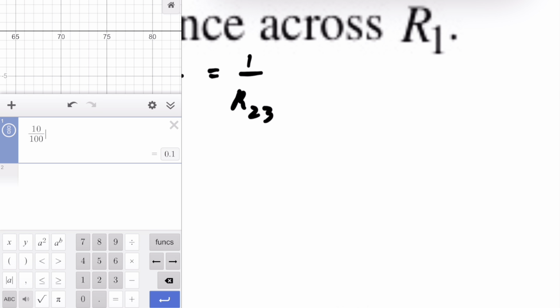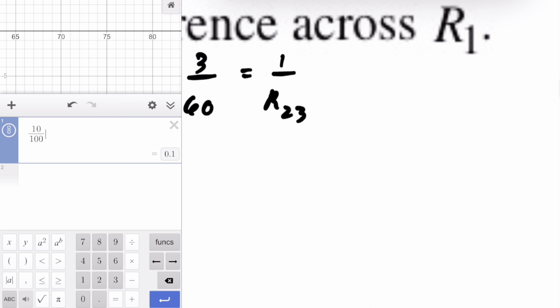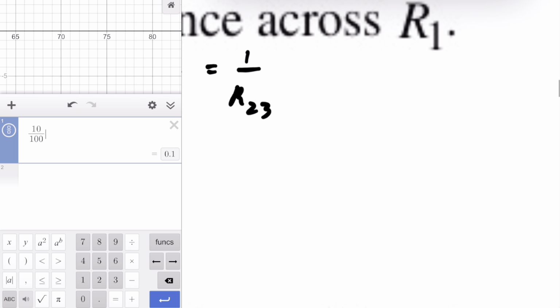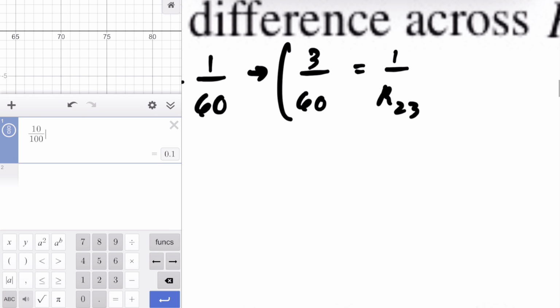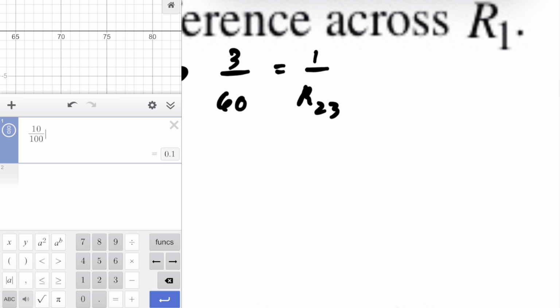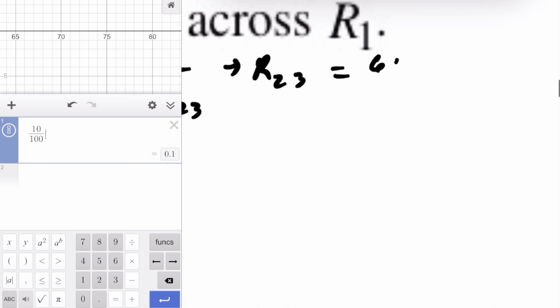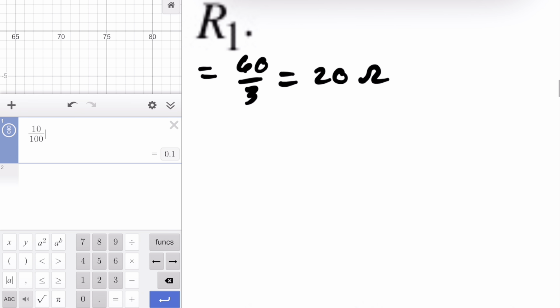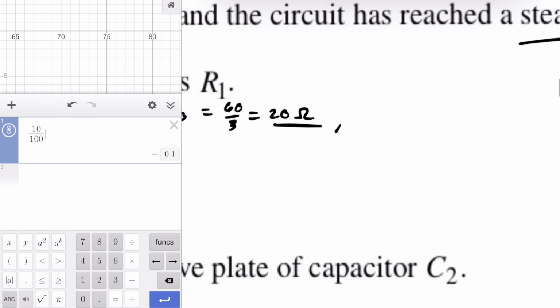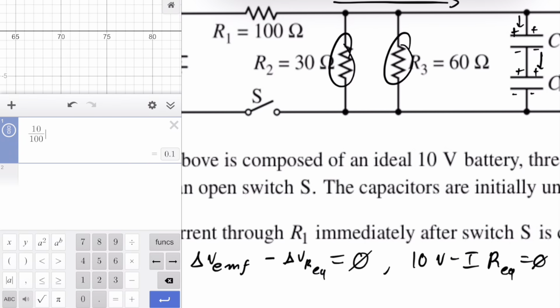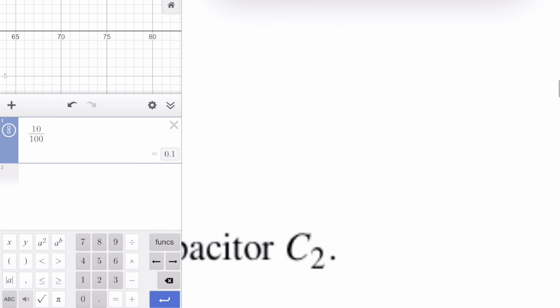of that parallel branch. Now, how do I just get to this number? Because I don't want 1 over R23. No, I want R23. Flip. You could basically just flip both of these fractions. R23 equals 60 divided by 3. 60 divided by 3 is 20. So R23 is 20 ohms. Done. Bam. So now I have this R23 here, and I'm going to visualize the new circuit that I basically